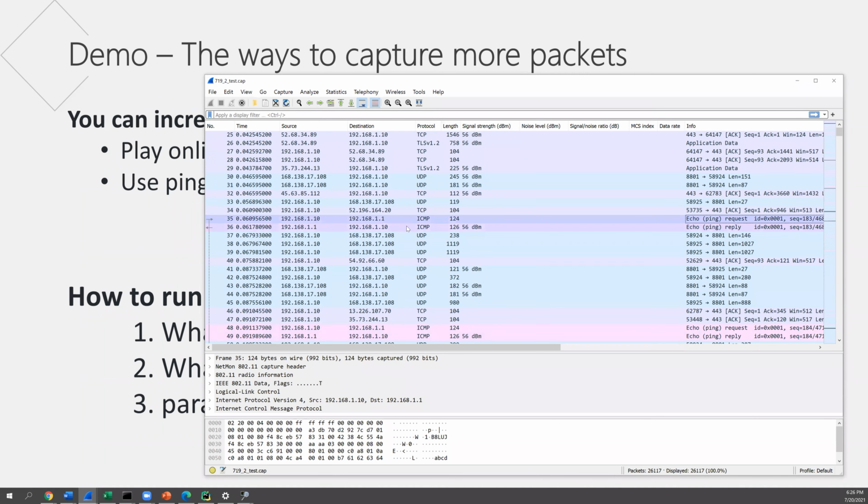You can see the ICMP packet here. So that is the ping command packet. From the router to our computer, we can see there is RSS data inside the packet. So that's how we increase the traffic from our router to